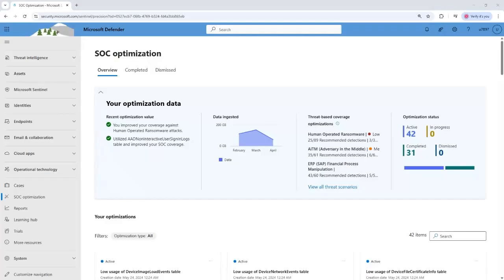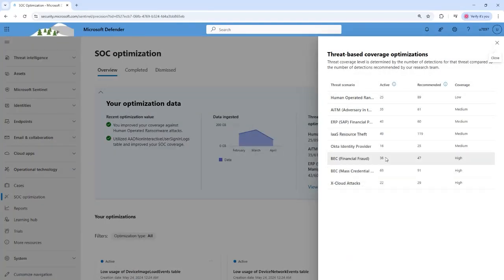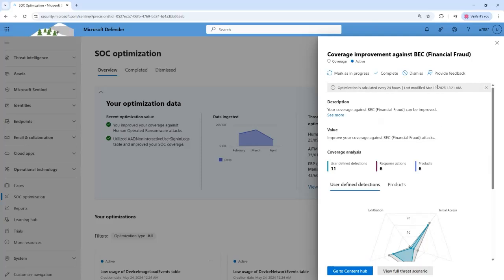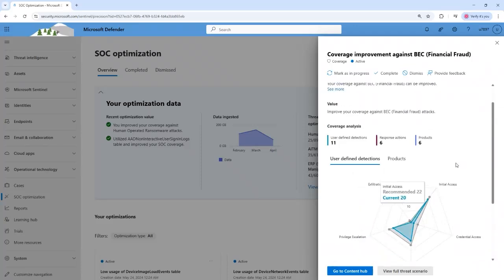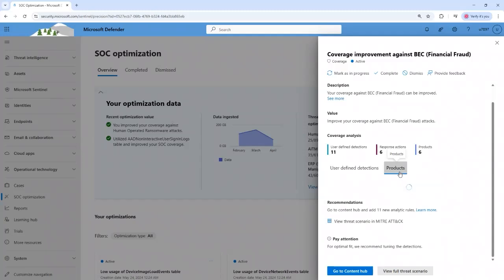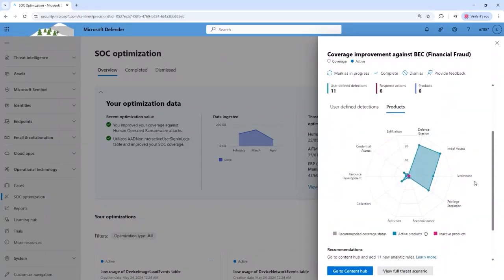And I'll quickly show you the last demo that we have prepared, which is source optimization, unified coverage. So first of all, as you can see, we have some threat-based scenarios that come out of the box. I just want to show you the business email compromise, BEC. What you've seen in the past was the spider map over here, right? What we have added recently is this tab called products. So what you're able to visualize is the coverage against this specific threat. Not only am I able to visualize my Sentinel coverage, but you can see all the other first-party products